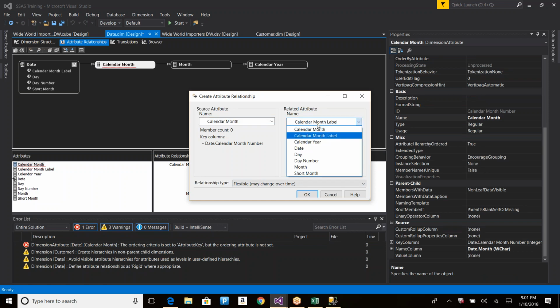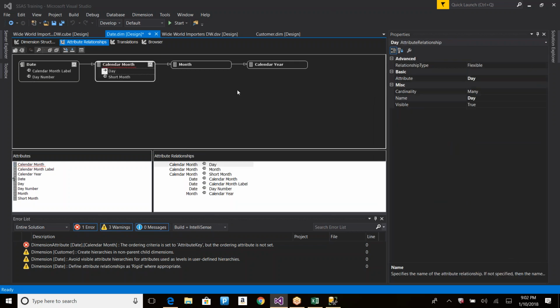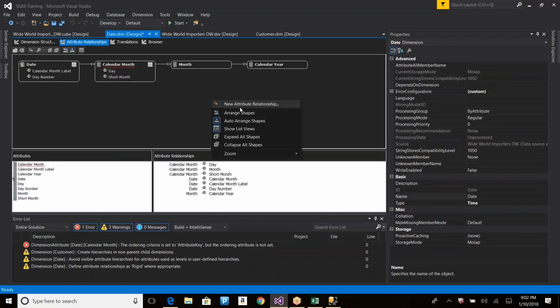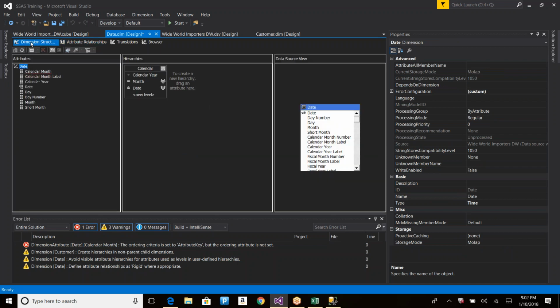And date should be going here. And I have added two relationships here. One is for the calendar month to day and calendar month to short month, just by using the new attribute relationship. And now if I go here